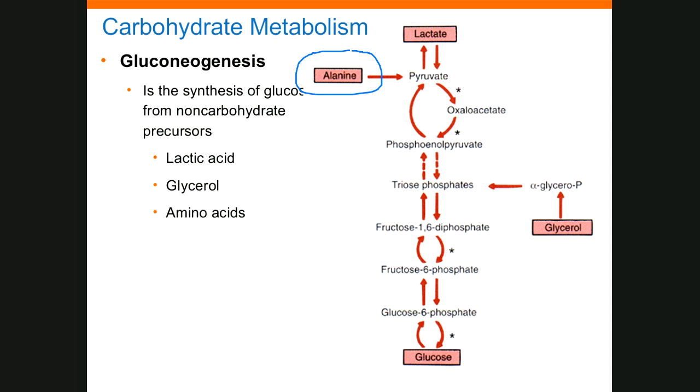If I take pyruvate and put it in the mitochondria, and I make it acetyl-CoA, so I go from a 3-carbon to a 2-carbon, and I get rid of carbon dioxide. Once I go to that 2-carbon molecule, I cannot go back. And this is part of the reason why people who eat lots of carbs, so let's say you're going to try to be vegetarian, and so all you eat is bread,